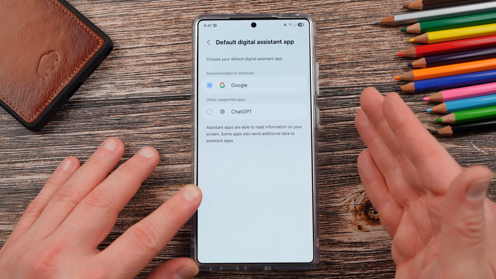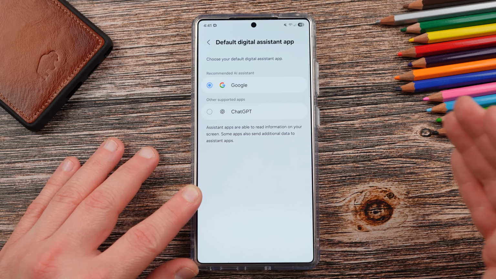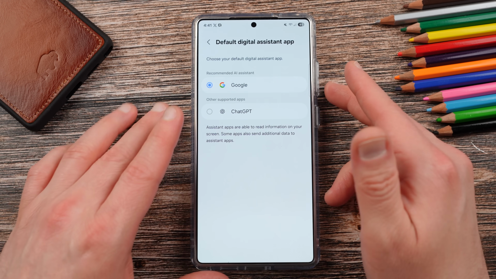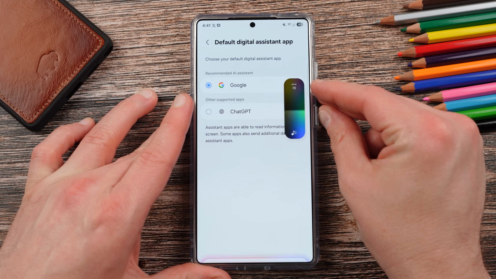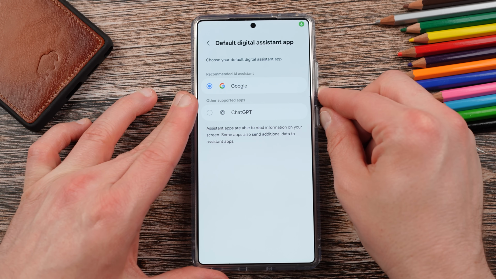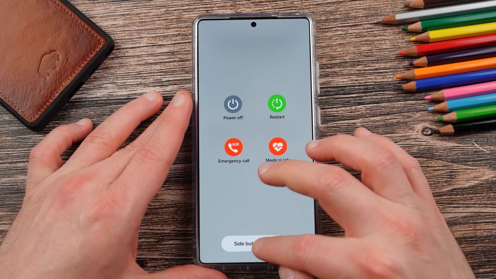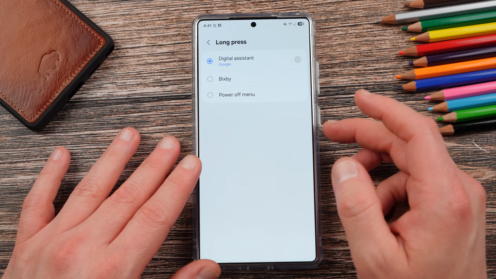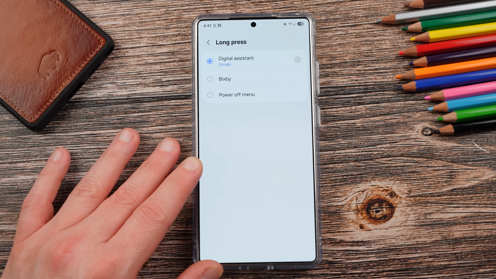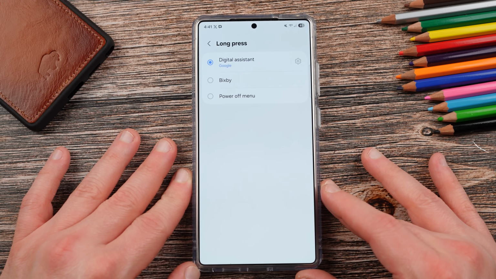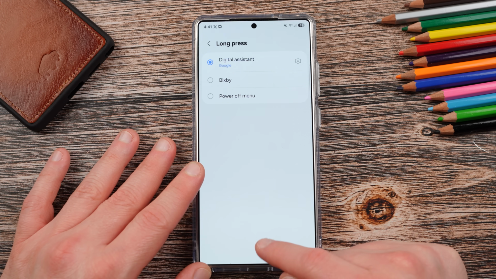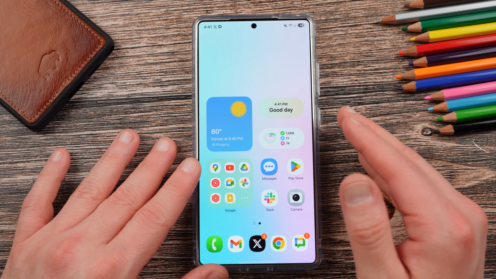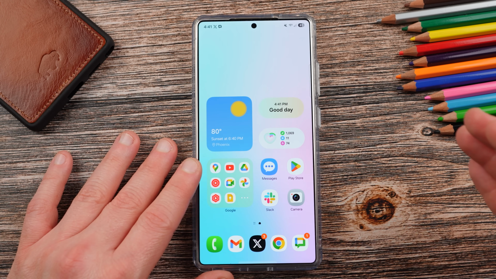So essentially, you have three choices right now. You could use Google Assistant, Gemini, or ChatGPT. Can't use Bixby as the default digital assistant out of the box, even though the interesting thing is you can change, right? You can't change it here if you go into default digital assistant, but if you go into side button settings, you can change the long press to Bixby. But eventually you're only gonna have essentially two choices, it looks like, for your digital assistant. It's either gonna be Gemini, or right now it looks like ChatGPT might also be an option